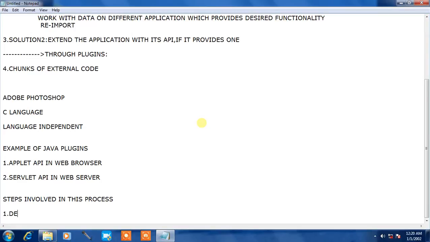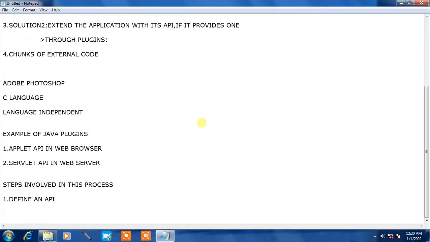The first step is to define an API, that is, a Java interface for the plugin to implement. The second step would be to determine how the host application gets to know which plugins are available and where to find them.